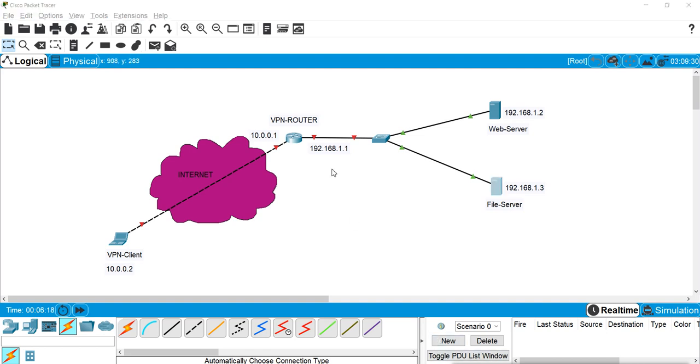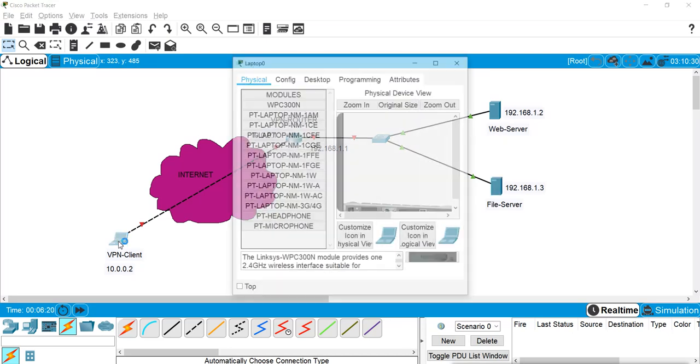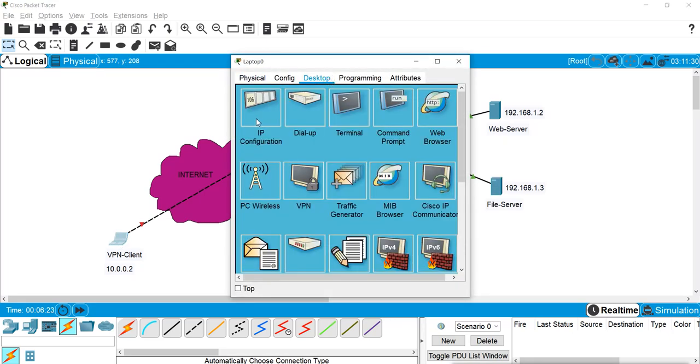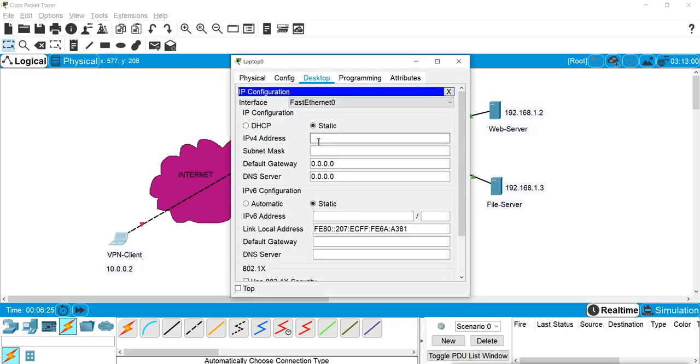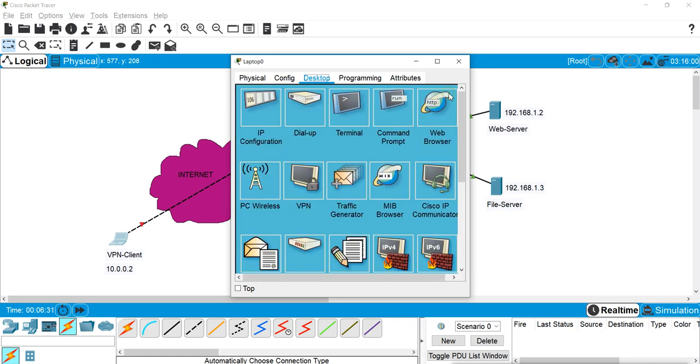Okay, now on this client I will configure the IP address. I will not configure the gateway because it is connected to the internet. It will use this VPN to connect.